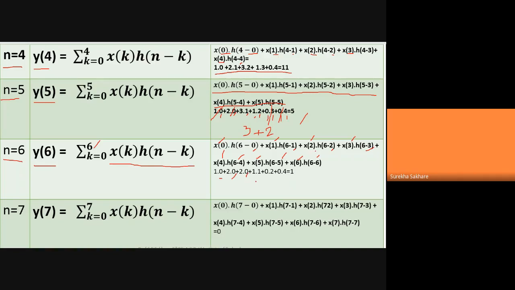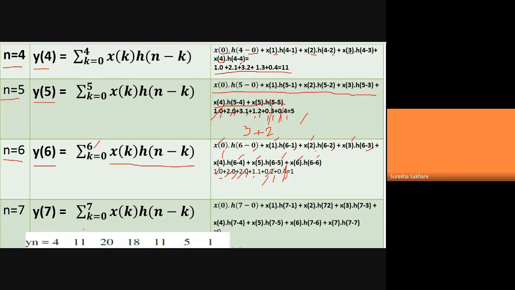Then h of 3 is there. It is 1. 1 into 1. X of 3 is also 1. H of 3 also is 1. Now how about this? X4 is 0. Now H4 is 2. So it is there. H of 2 is 2. X5 is 0. H of 1 is, I think it is going to be 3, probably. Anyhow, it's going to be 0. This is going to be 0. This is going to be 0. And a 0, 0, 0. So together, you're getting a 1. So your y of 6 is 1.